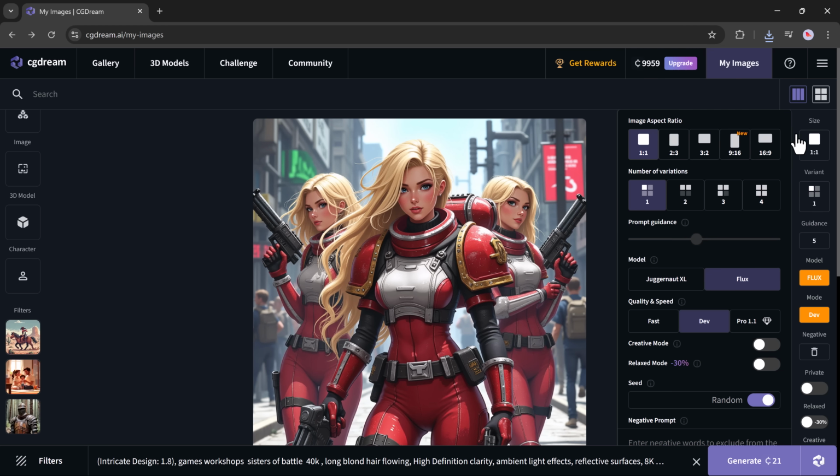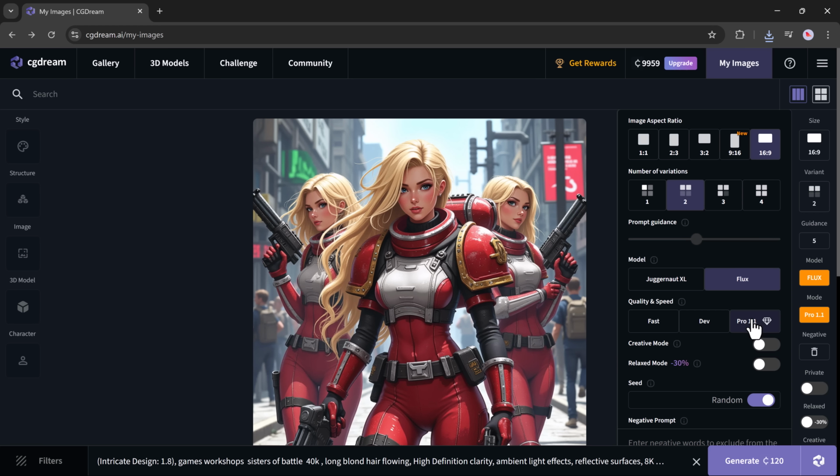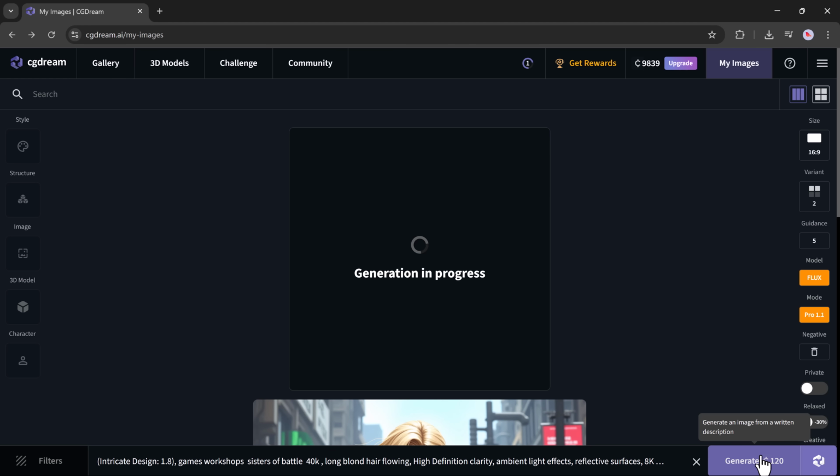Now, let's talk about the settings on the right-hand panel. You can adjust aspect ratio: 1:1, 2:3, 3:2, 9:16, or 16:9, number of variations, and model type, such as Flux Model or Juggernaut XL. For this test, I'm using the new Flux Pro 1.1 model. It offers improved quality, more speed, and HD to 8K image resolution. Once I selected the Flux Pro 1.1 model and hit Generate,